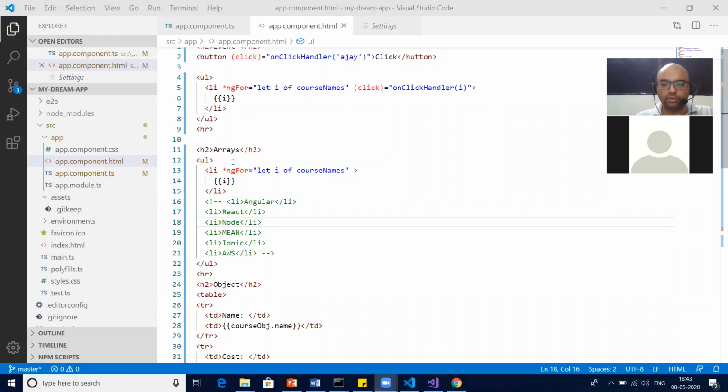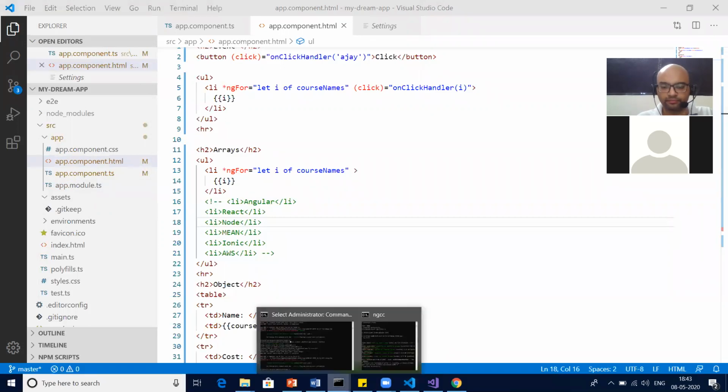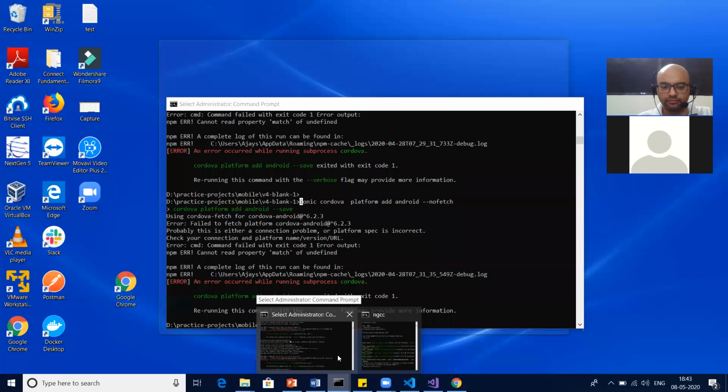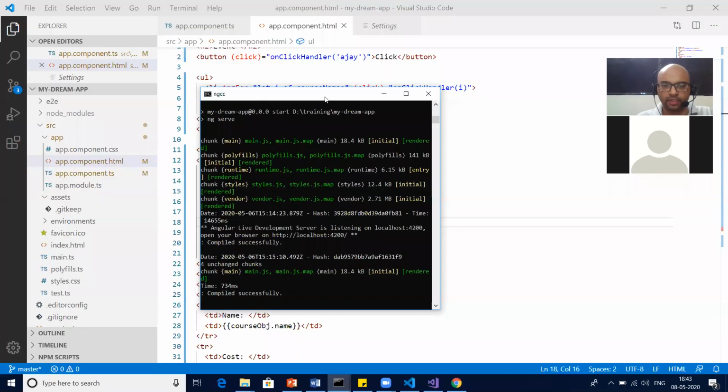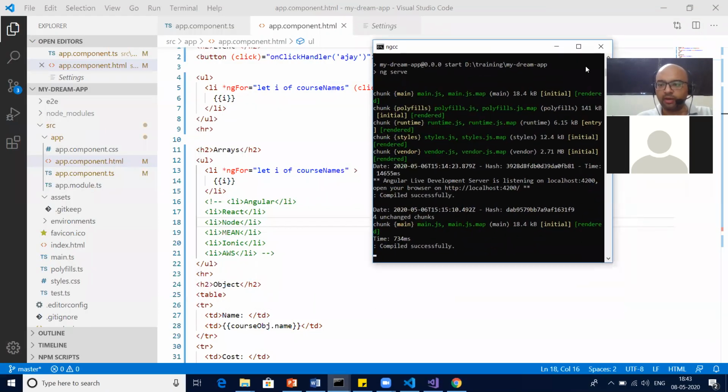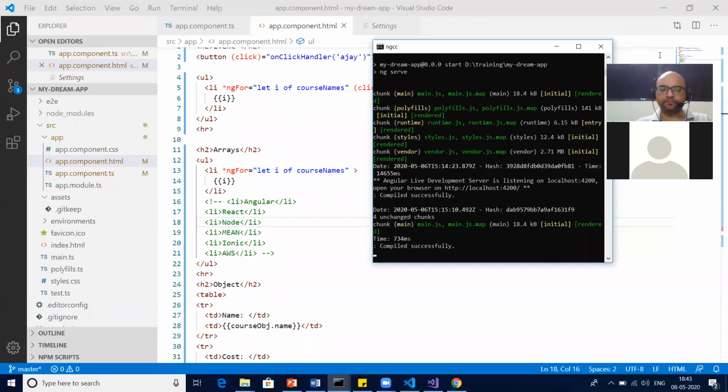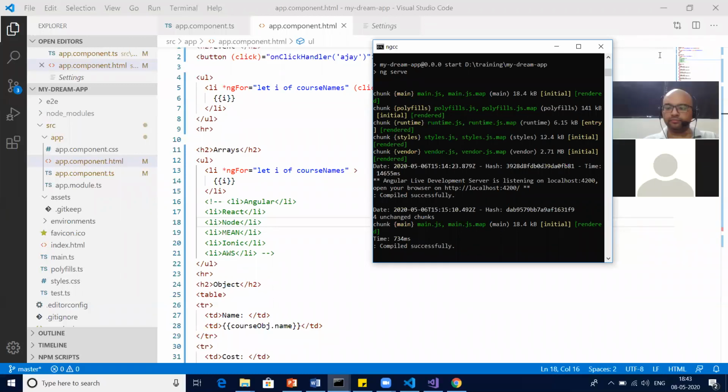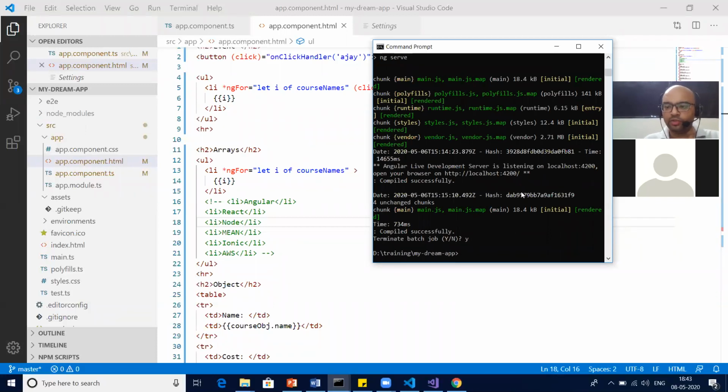Right, so one second, let's go to our command prompt. Correct, so we are still in our command prompt, which says our project is running, right. So what we do is we kill our server, basically, correct. So we destroy our node server, and what we need to do now is we say ng g, g for generate. Okay, ng g.